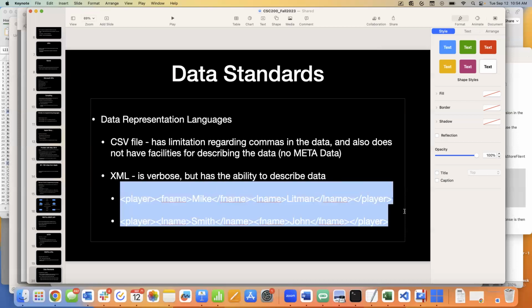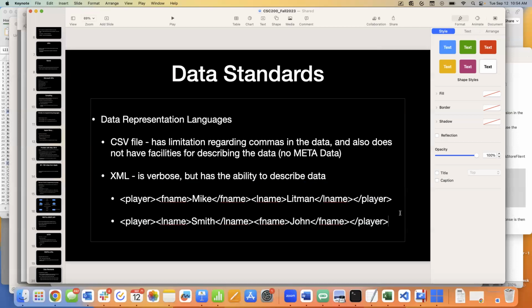All right. Now, anybody see any problems with this that just initially pop into your head? Based on only what I've told you so far, not necessarily what you've read. So just looking at those two lines, what might a concern be? How much data is on each of those lines? It's really just a first name and a last name, right?